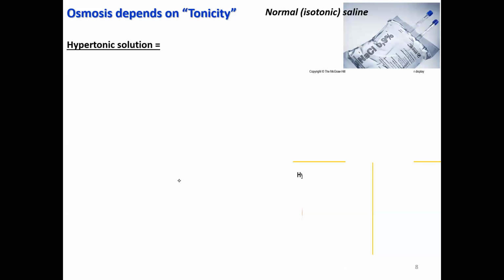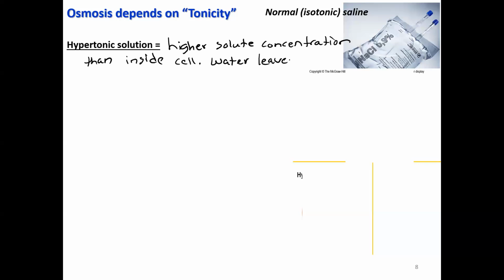Okay, so a hypertonic solution. This is the solution that's surrounding the cell. It has a higher solute concentration than inside the cell. So what's going to happen is water leaves the cell. If I put a cell in a high fructose corn syrup solution, which is what we're going to do in the cell transport lab, that cell's going to shrink. It's losing water because the water is leaving the cell to try and dilute the hypertonic solution that surrounds it. So that's what will happen. The cell shrinks